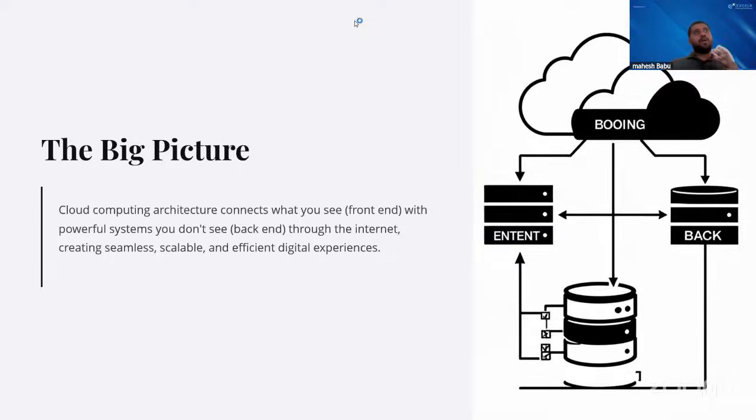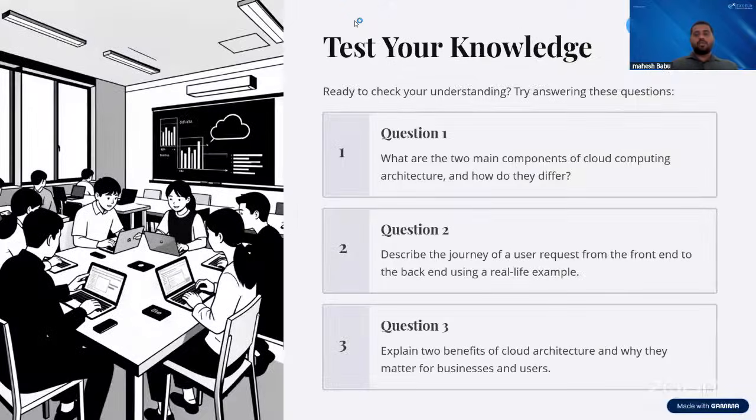We want an architecture which can provide scalable solutions for our company, because at the end of the day we all look for scalable solutions. Based upon the scalable solutions, we will take the resources and manage them.